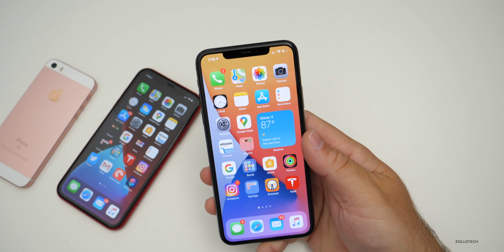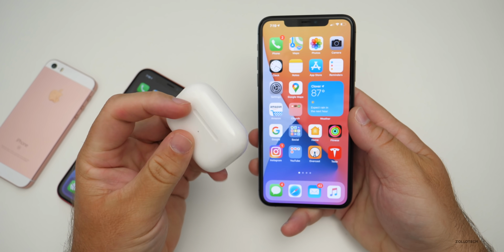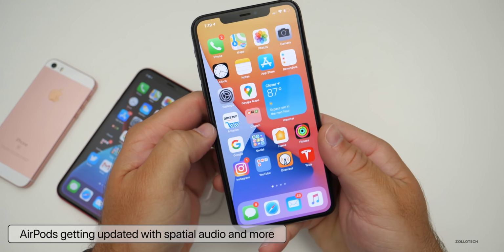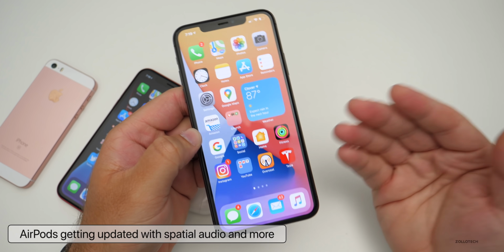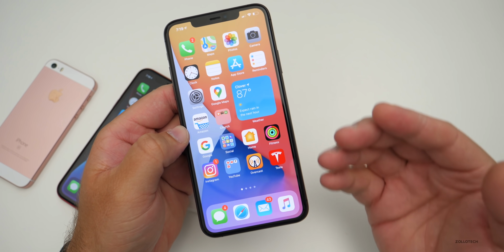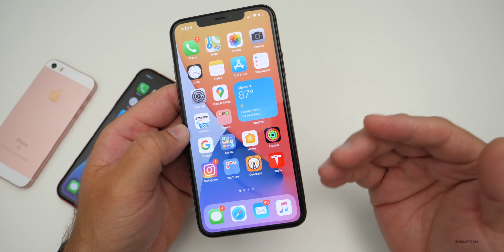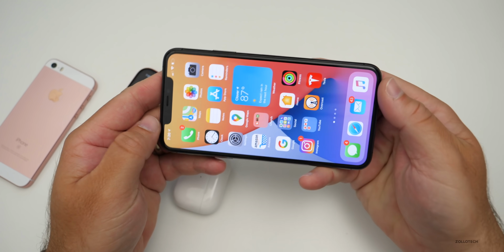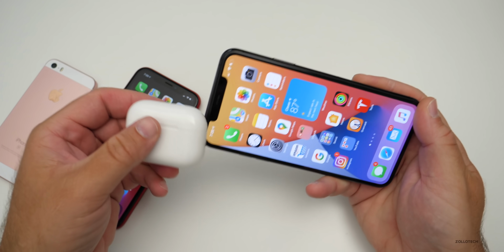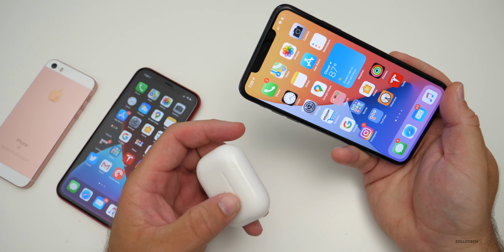Now, there's a few other updates as well. One thing they spent quite some time on is AirPods. So AirPods Pro, for example, will now have the ability to use spatial audio when you're using it for video or watching a TV show. So it will use spatial audio to make it sound as though you are in a theater. You should be able to hear sound all around you, from behind and in front. And it also detects when you're moving your phone or your iPad and when you move your head and how they relate to one another to give you the best sounding experience. So I can't wait to try this in the future.